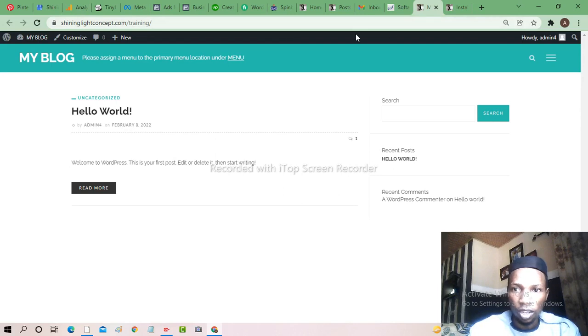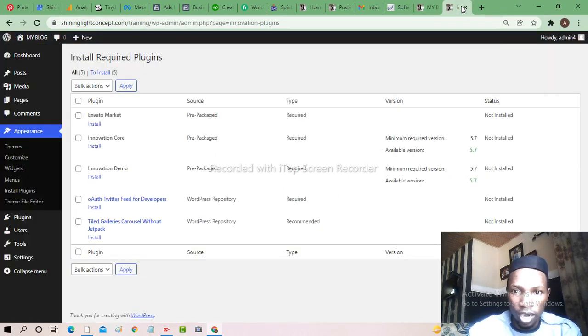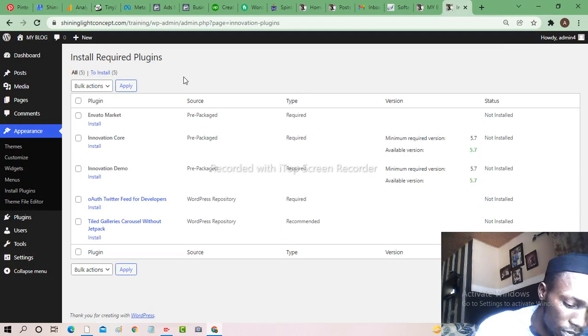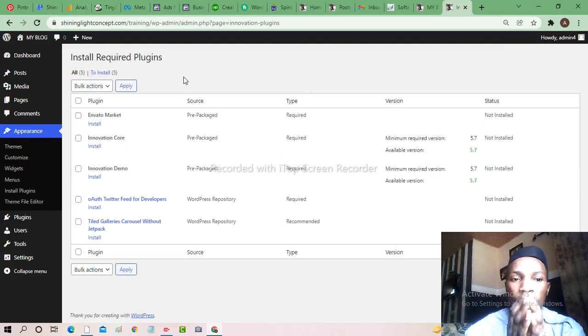So we want to go to what we call a plugin. What are plugins? You must understand the right plugin to use when you want to design a website. The most important thing you need to understand is this: every theme differs in its installation. With the theme we are using now, anytime you install a theme, the plugins that are going to work with that theme will appear automatically.